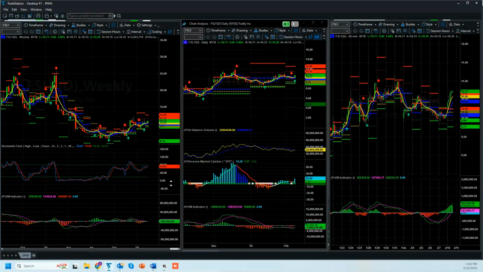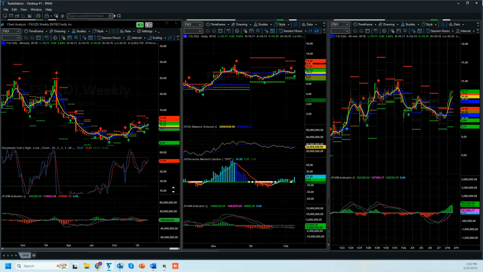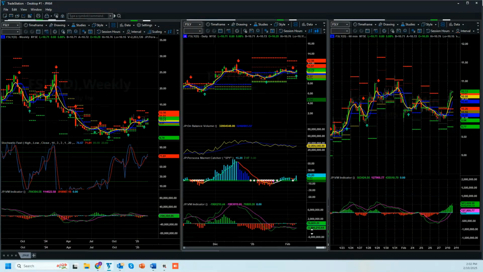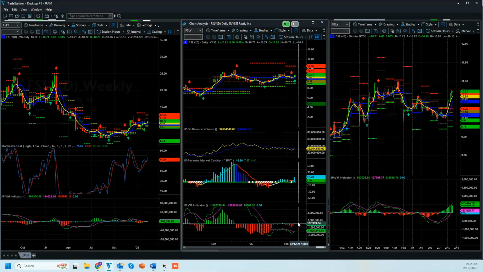So, if you really like this stock and you think that Fastly, which is in the cloud computing sector, which is really hot right now, of course, with AI, and then you take a look at the daily charts and say, well, we're above pivot. We're generating a daily PPS buy, but earnings are coming out this week. Volume momentum is improving here. The relative strength, PMC is outperforming, so it's got a few good check marks to say, boy, this has some upside potential. If you like the space and you like the stock longer term, and you think that perhaps this could be the time that we could get back up into this year,